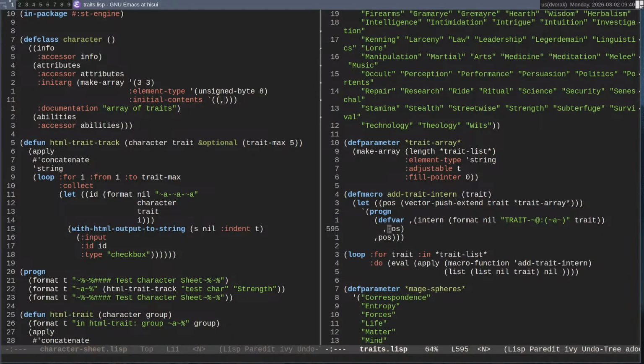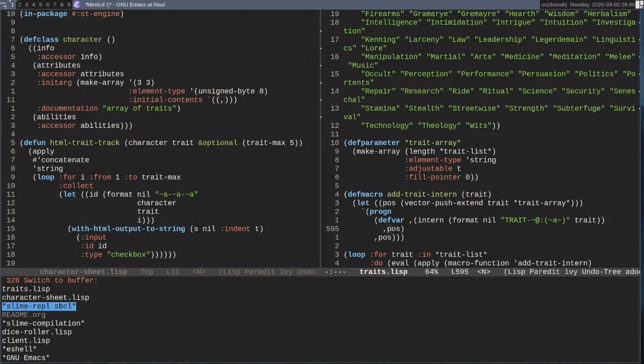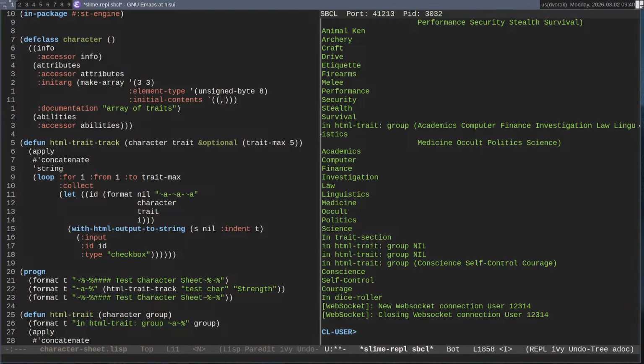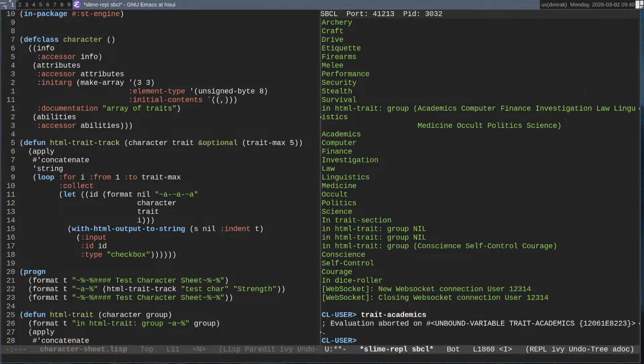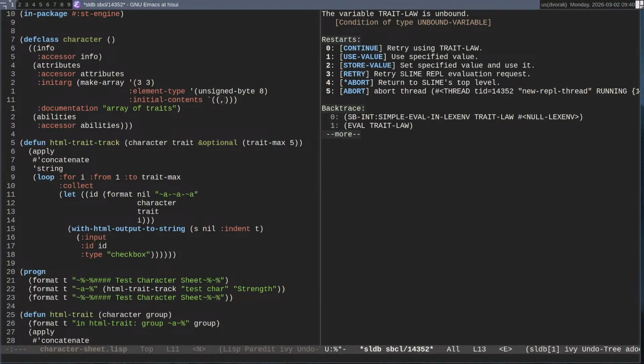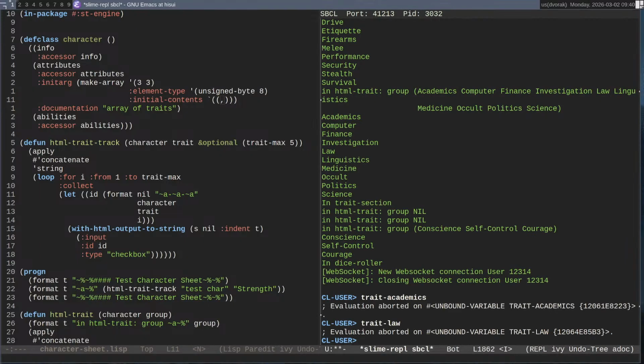So what that means, if I go back to the REPL, I can go trait academics. Didn't work. Did I just spell it wrong? Let's go trait law. Oh. Okay.